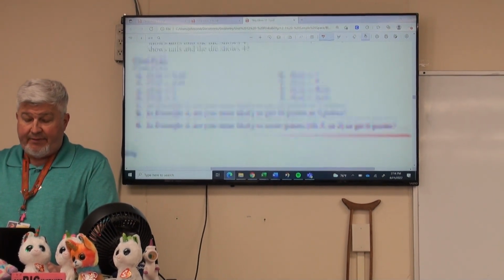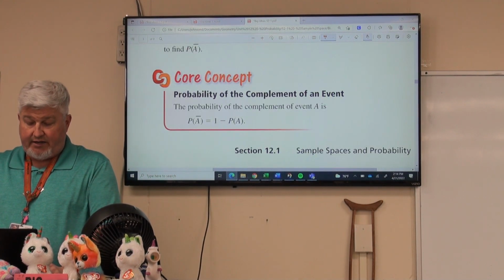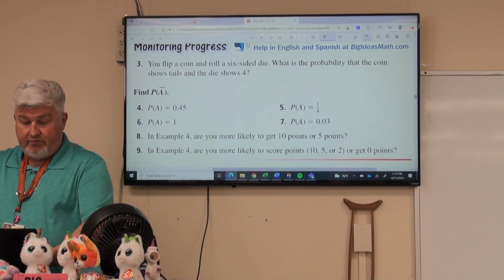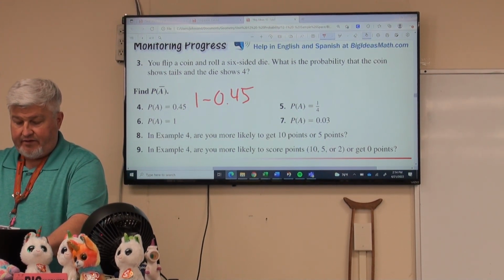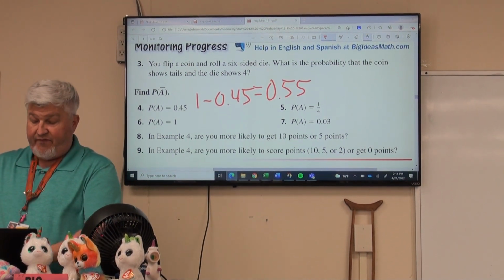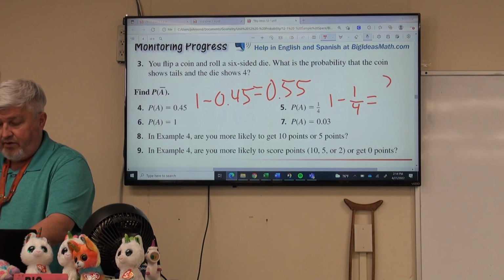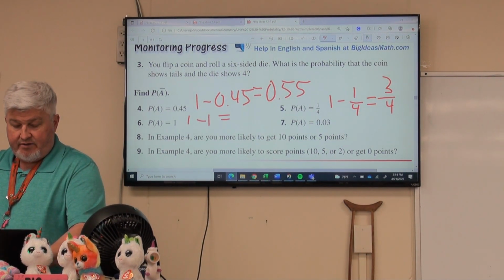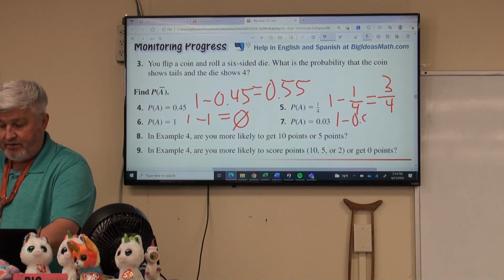Now we go for the complements of these listed numbers, and again the formula for doing that, I know I'm zipping all over the place, but I want to remind you of it, is right here. Just take 1 minus the probability that you were given. So going back down to here, we would go 1 minus 0.45 equals 0.55. For number 5, 1 minus 1/4. Oh my gosh, you have to subtract fractions, the horror. That's 3/4. Number 6, 1 minus 1 means 0. And number 7, 1 minus 0.03 is